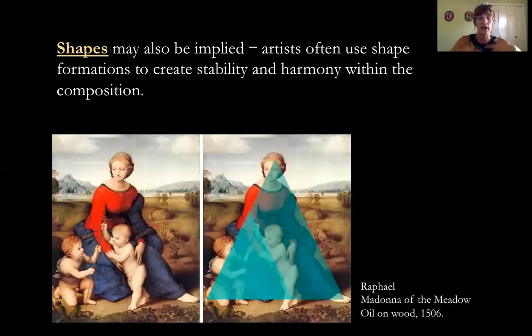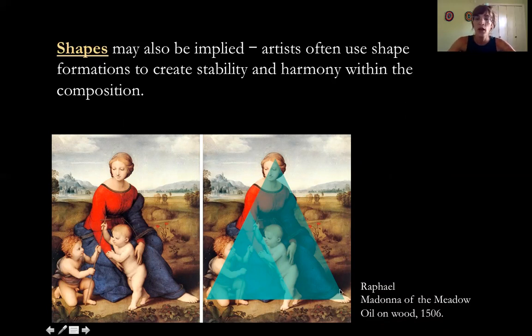That also happens, especially for a lot of Renaissance artists as well. It's a way for artists to create stability and harmony within the composition. So here shapes can be implied. Here's the actual painting, and then of course we've drawn over not one but two triangles that actually bring the